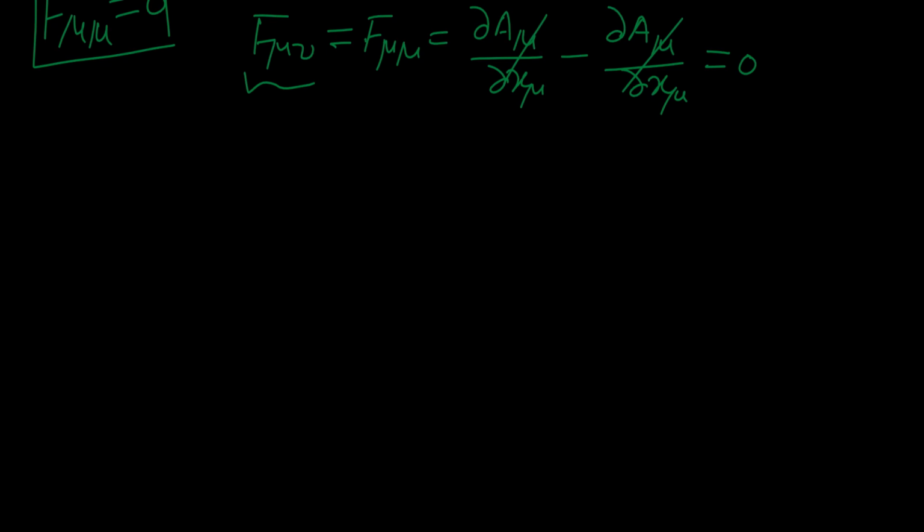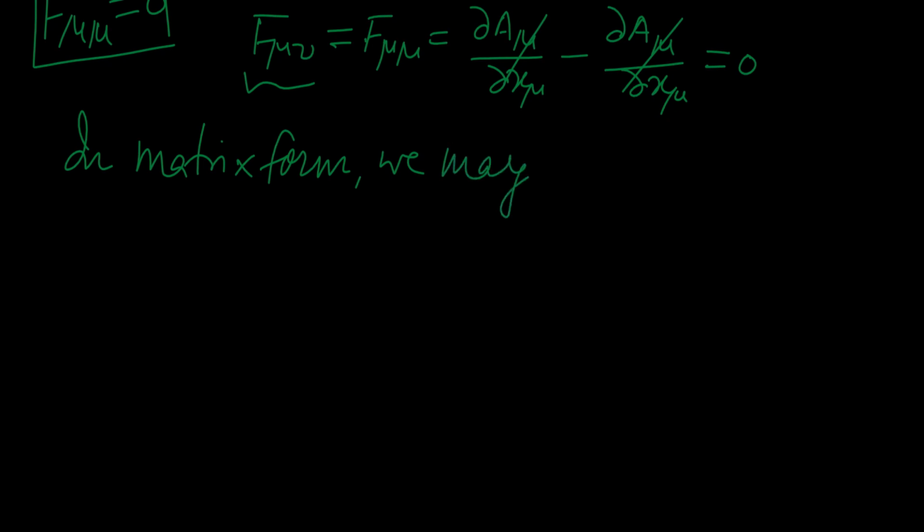So in matrix form, we may write F mu nu as, first of all I just write it symbolically, and then we will put the appropriate values which are defined in the above equations. So F mu nu, this matrix will be represented by